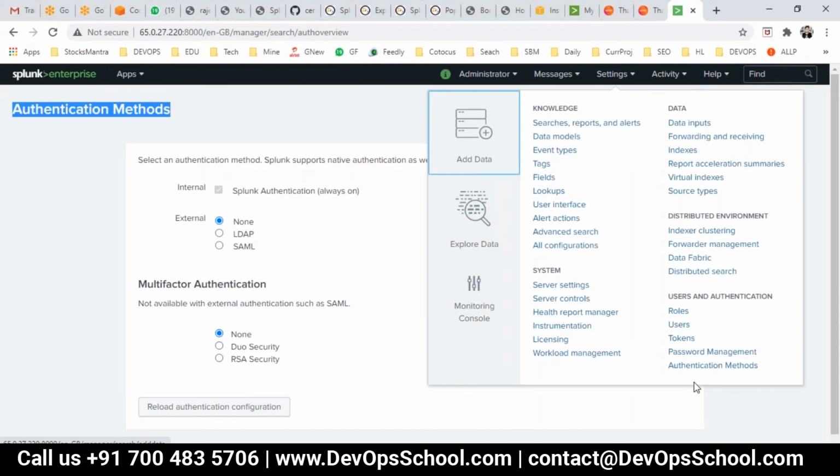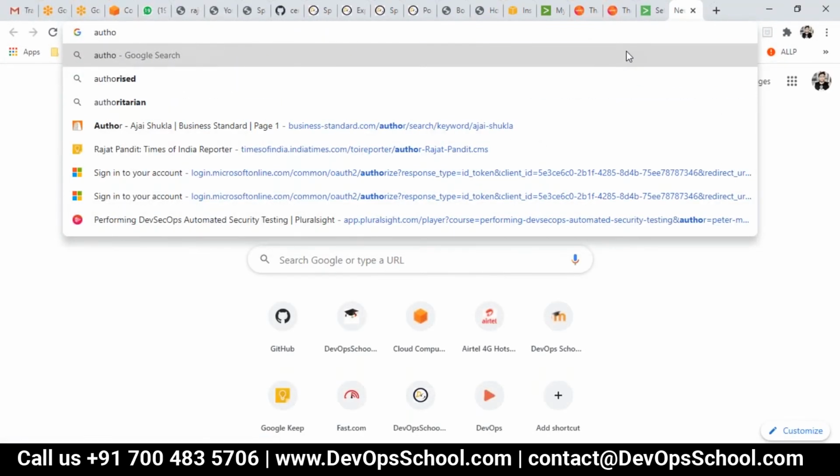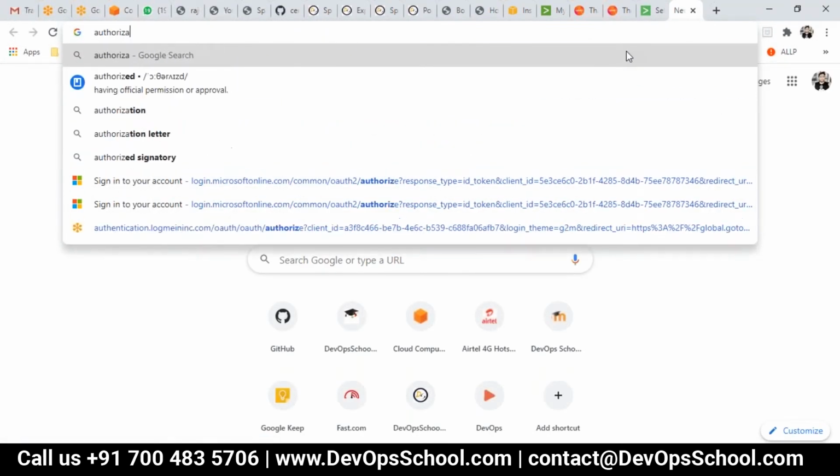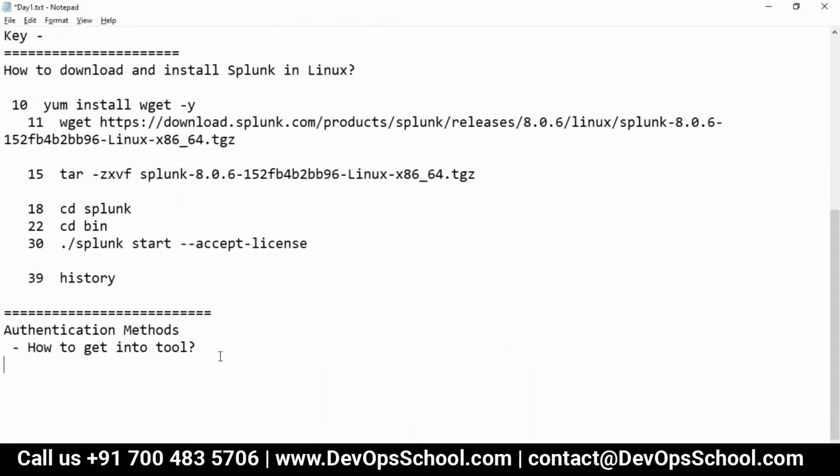Okay, so there's one authorization. Authorization, right? So here the second thing is the authorization method, and that is what you are allowed to do. That's called authorization, right? So when you want to set up an authentication method for Splunk, typically you